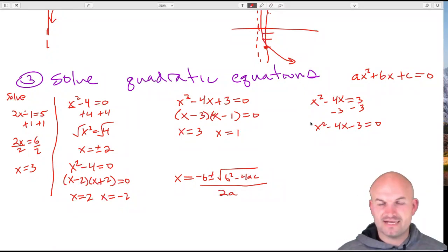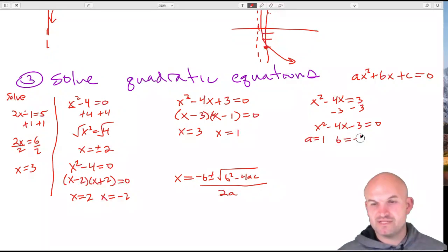So therefore, I can say my a is 1, my b is negative 4. So when we're doing the quadratic formula, when we're first learning this, I like to just list them. And now we're just going to plug those numbers into the quadratic formula. So the opposite of negative 4 is positive 4,